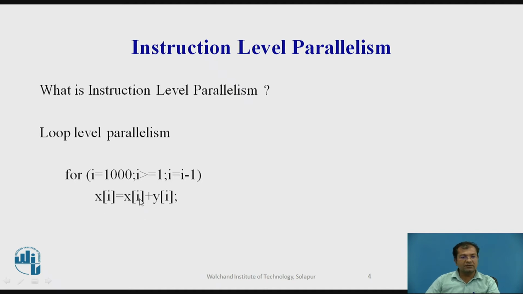If we convert this for loop into its equivalent instructions, then all the values can be passed to the x and y variables at the same time, and addition can be done among them. So the respective additions of all 1000 values can be done at the same time with the help of vector instructions. That will increase the parallel execution.